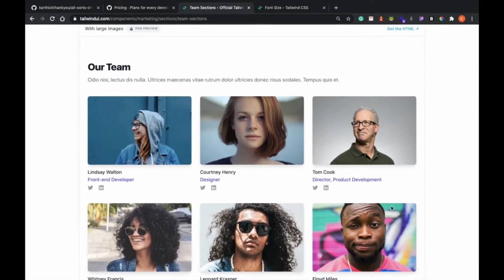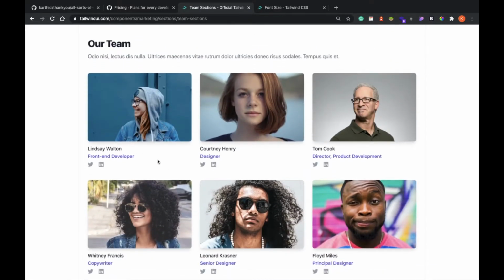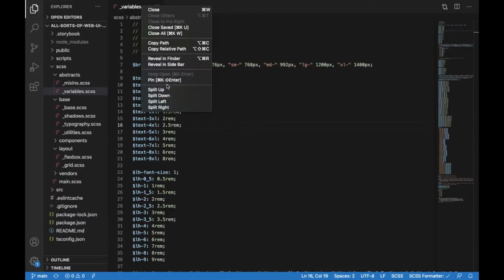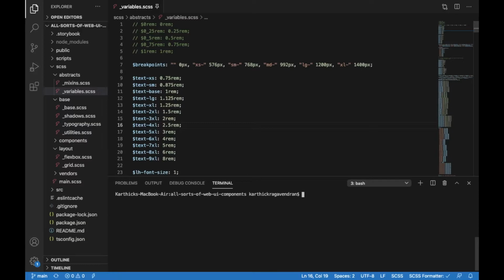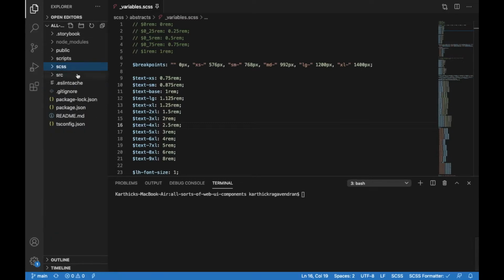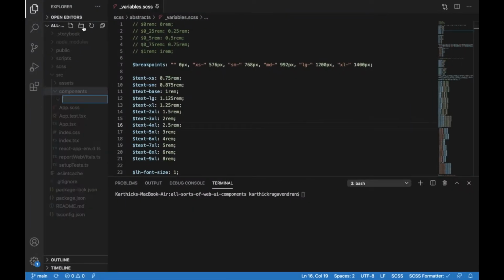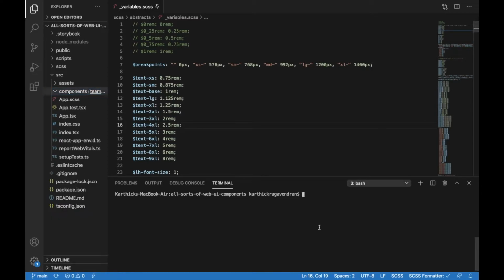So let's take this one and create. There is also one more challenge here. I will explain it. So the first component, let's create a folder here, team sections. Okay,